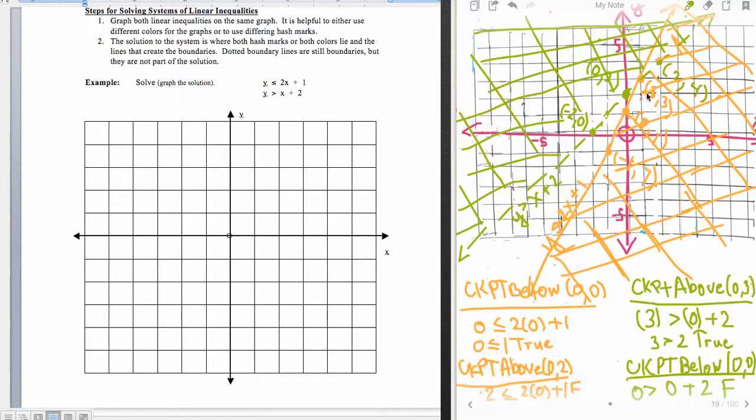Okay, now what we're going to see is that there's overlap here and here. So to give the solution, I'm going to shade the boundary lines that surround the solution and shade in between. I'll do that, and I'll pause here. All right, now here you see the solution set shaded in pink, and right here is where those two boundaries